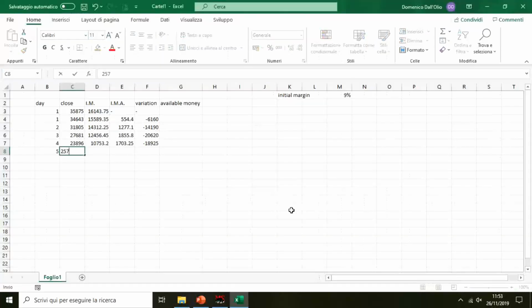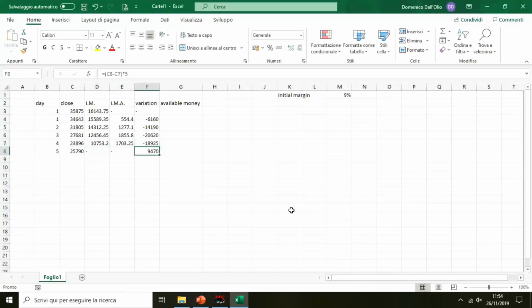25,790. It means that we have no longer initial margin, we have no longer initial margin adjustment, but we have a plus 9,470 on the account. So just to recap, day after day, we have an initial margin that is recalculated on